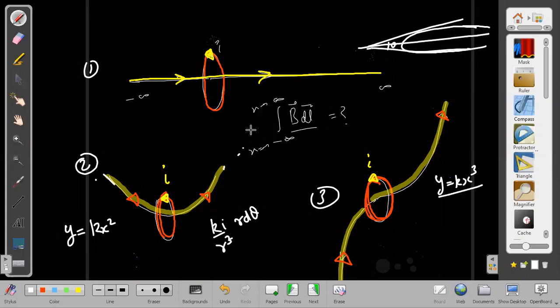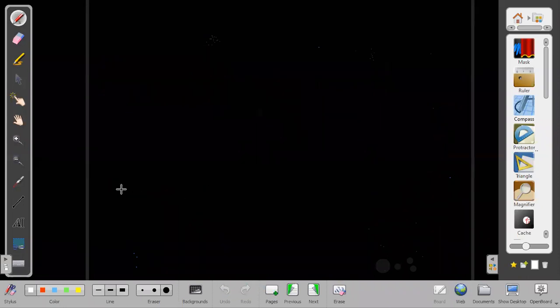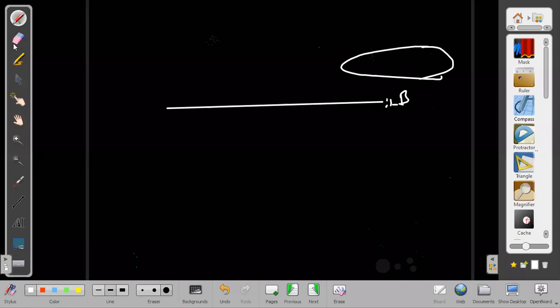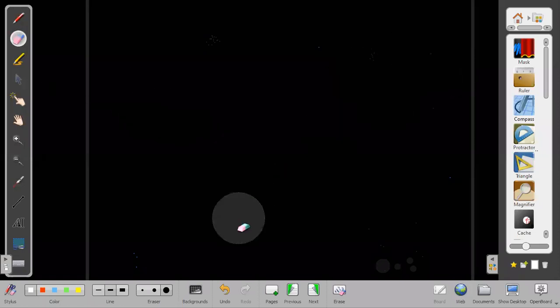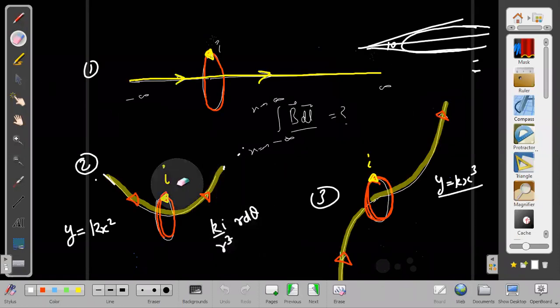If that happens, then I have to understand one thing: we are now looking from a very, very large distance away, and from there this parabola will appear almost like a straight line. Here to here, if I take a small angle d theta, then the line integral is negligible only. It means this parabola almost acts like a closed loop. I have told you before also that if something is enclosed in it, then the parabola is acting almost like a closed loop.